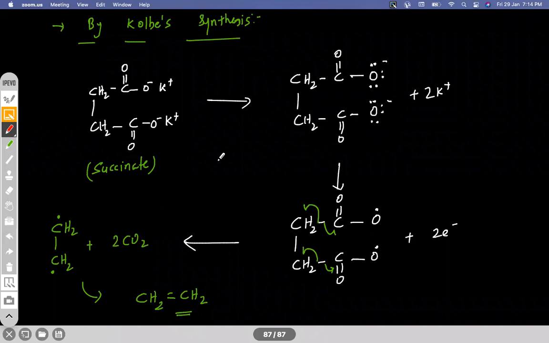This is the reaction at anode. It happens like this: this is the radical we are getting, and a free radical has this property that it eliminates a neutral molecule in order to get a new radical. So from this radical, 2 CO2 has been eliminated, so that we'll get a new radical here, and it happens on its own again. These 2 radicals again combine and form an alkene because radicals are highly reactive. So on adjacent carbons, if radicals form, both combine and form a pi bond there. This is the reaction at anode. Again, you see CO2 evolves at anode here. Same thing like we did in the alkane.